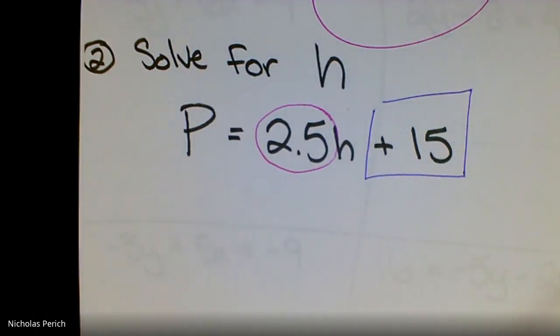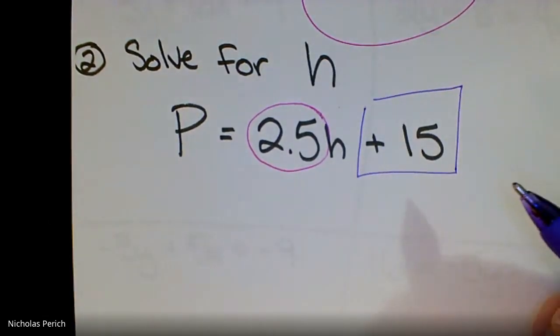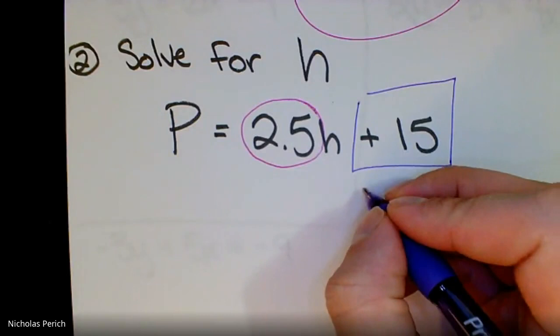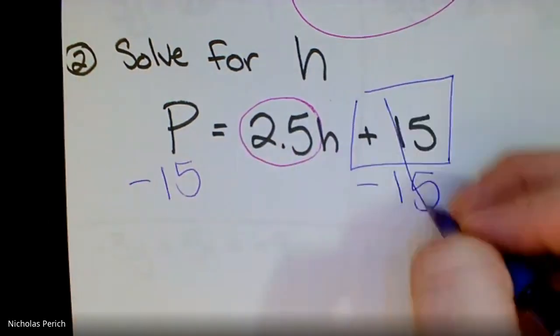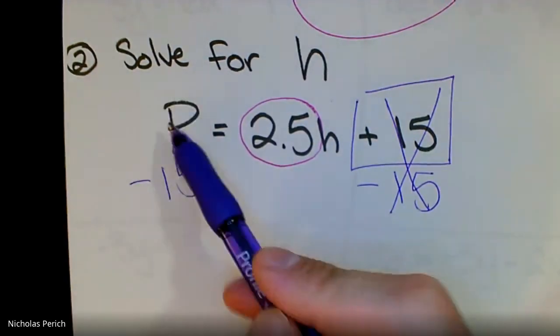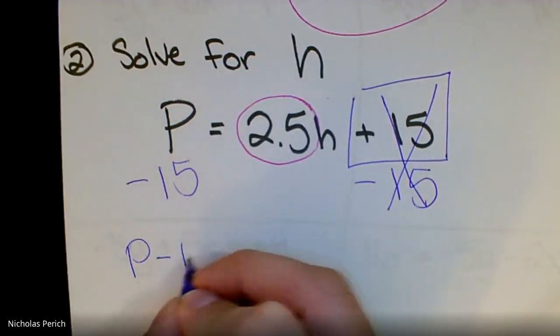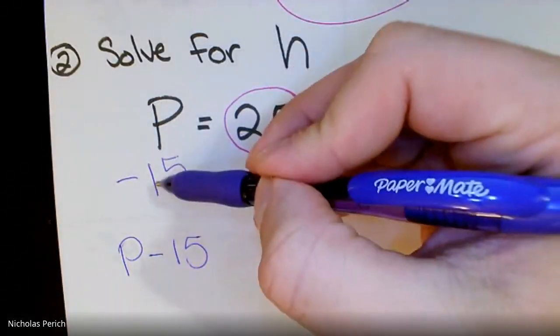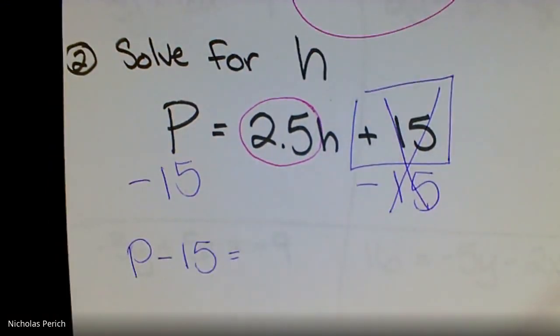Always get rid of the things that are floating around first. Positive 15 is floating around. How do I get rid of a positive 15 that's floating around, you ask? I'll tell you. Minus 15. Cross out the minus 15. Do the P and the negative 15 combine? No, because one has a variable and the other one doesn't. So I'm going to write out P minus 15, because I have a positive P and a negative 15. On the right side, I still have